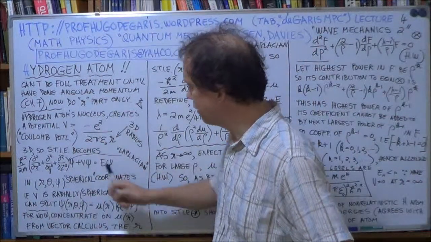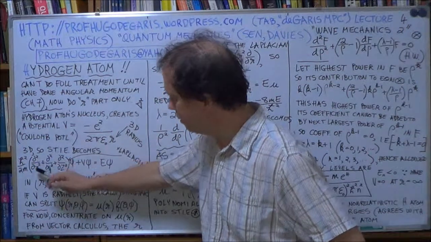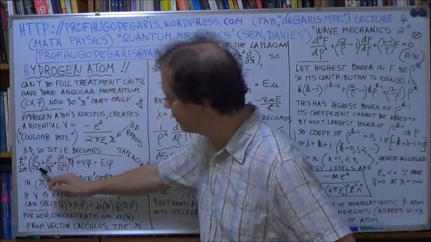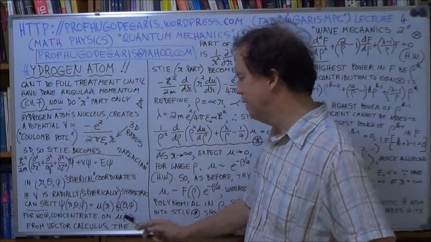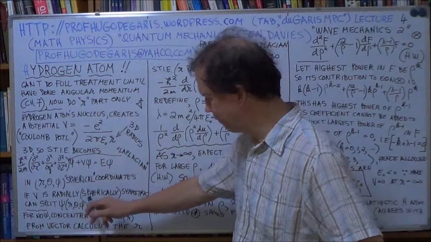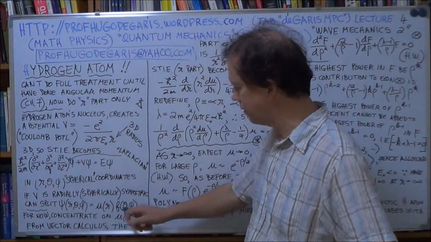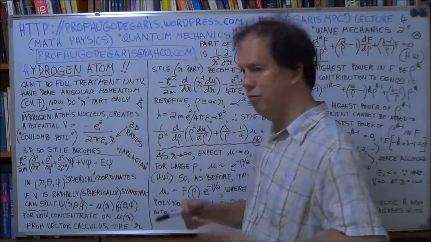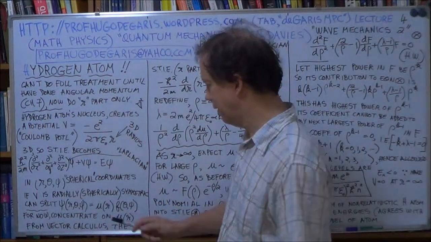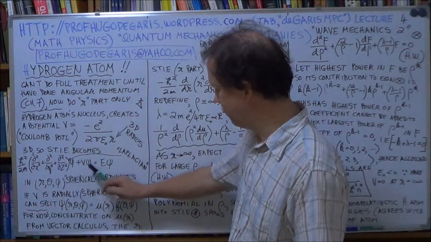You can rewrite the Laplacian, which is of this form, d squared by dx squared, and so on, in spherical coordinates, so in terms of r, the radius, and the two angles theta and phi. Now the radial part, when your v is